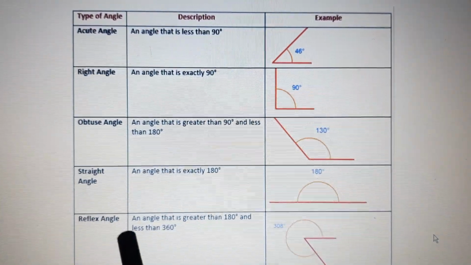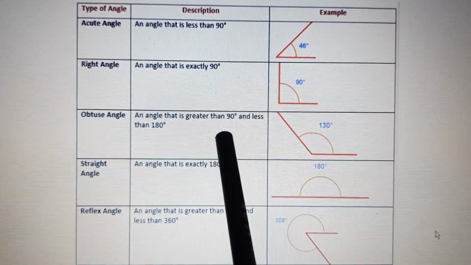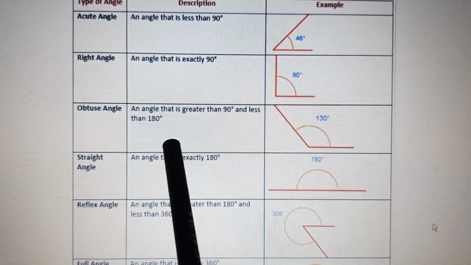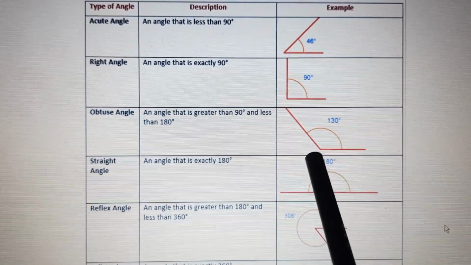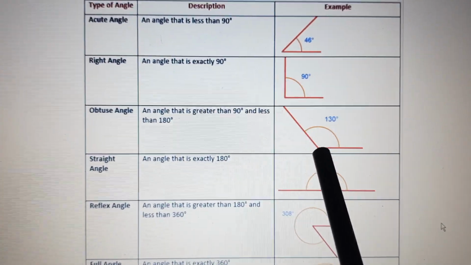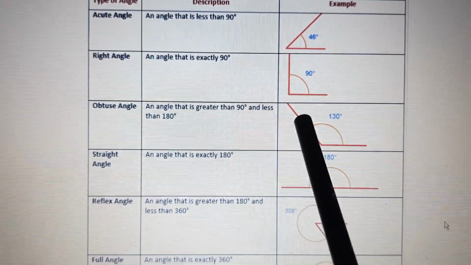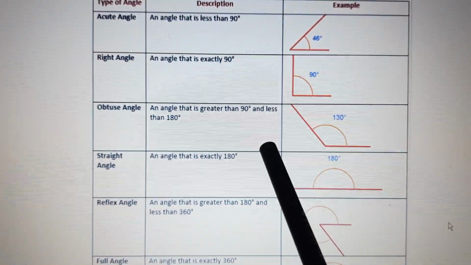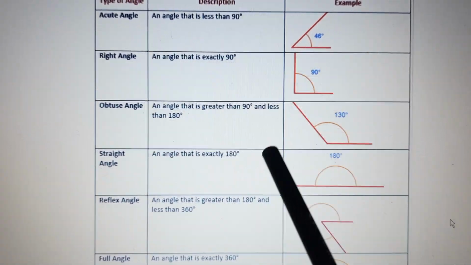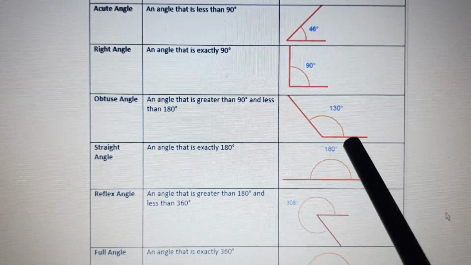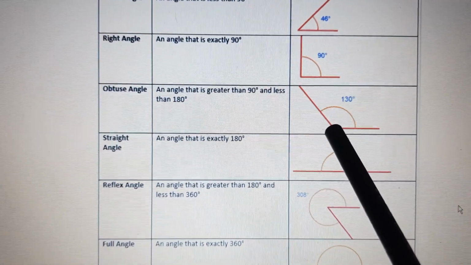Next is obtuse angle. Obtuse angle, an angle that is greater than 90 degrees and less than 180 degrees. So 90 degrees will be a straight line. So this arm has fallen apart, that is away, outside. Okay, we have learnt interior and exterior of an angle. So this arm has fallen outside, so it's making more than 90 degrees. So this is an obtuse angle, children.